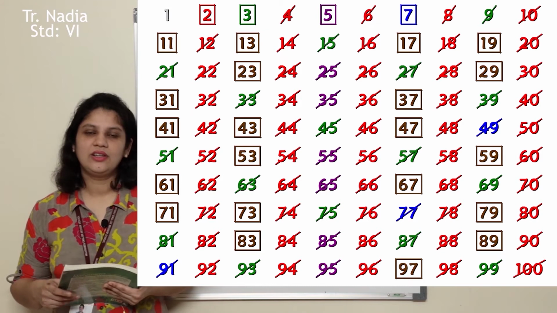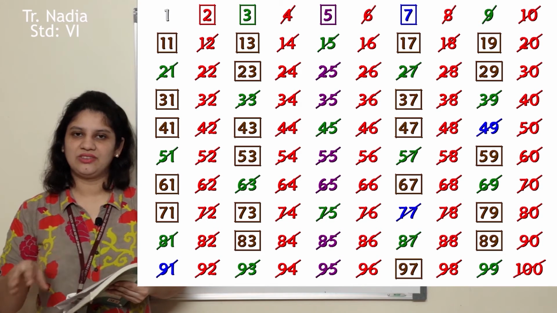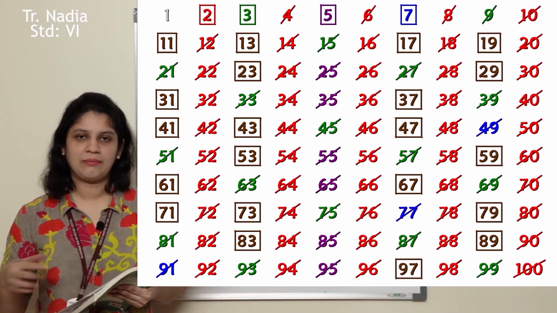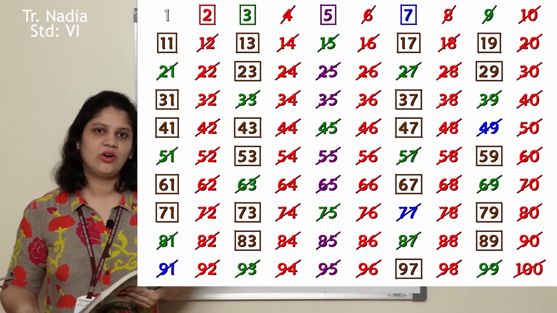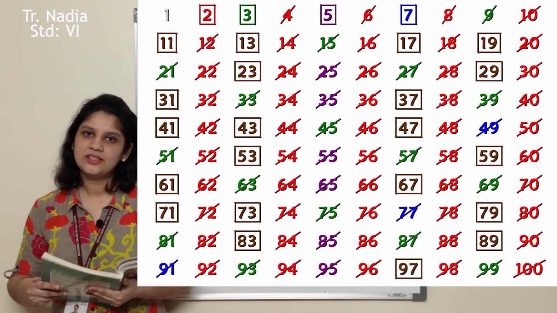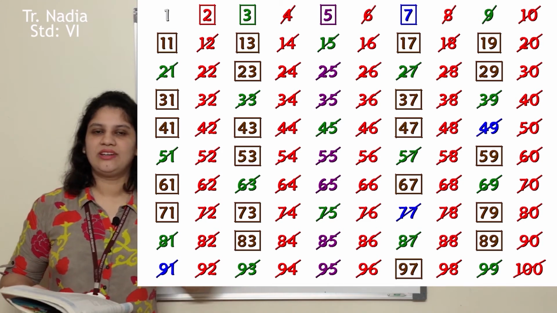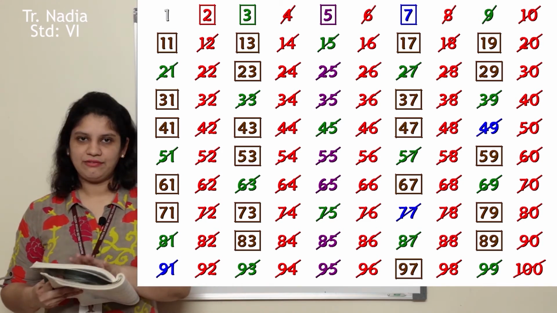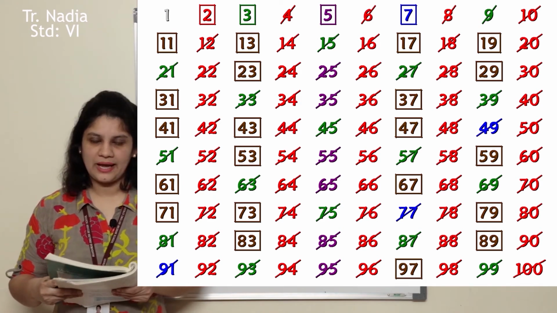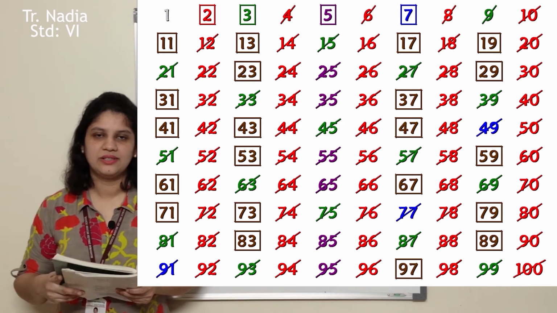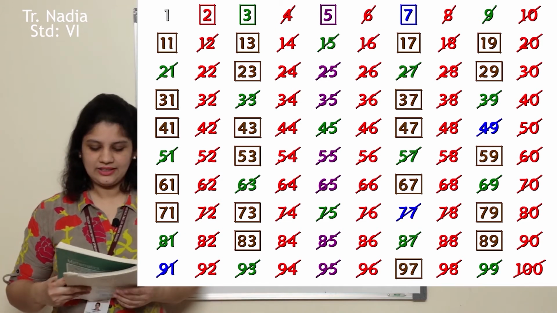Then we circle 7. We strike out all the multiples of 7. So once the multiples of 2, 3, 5 and 7 are striked out, there might be common multiples also, but numbers which are striked out already in the 2 table, you all need not worry about them when you are striking out numbers when you are using the 3 table. So after striking all the multiples of 2, 3, 5, 7, the numbers which are left back in this sieve or in the grid are going to be your prime numbers. So you have to encircle all those numbers which are left out and which did not get cancelled in the 2, 3, 5 or 7 table.